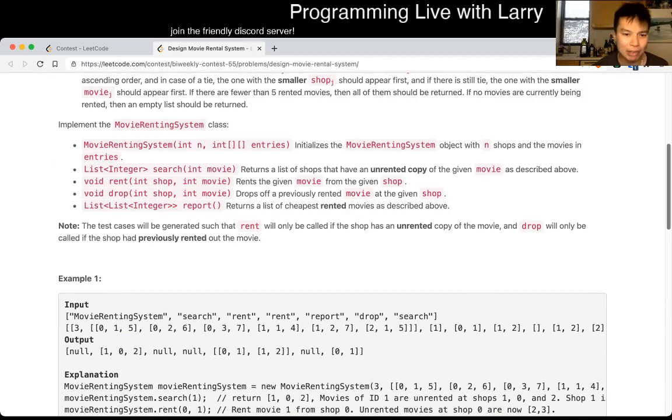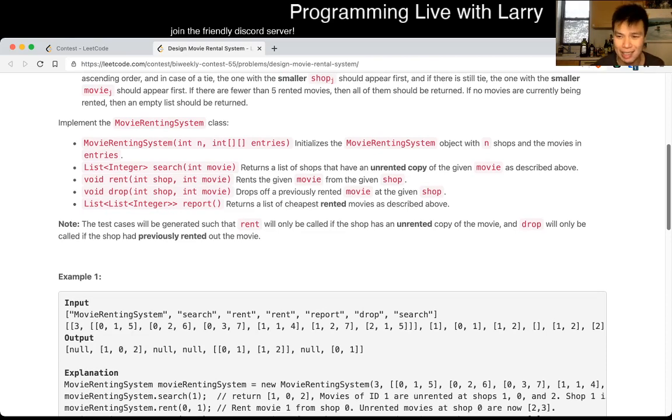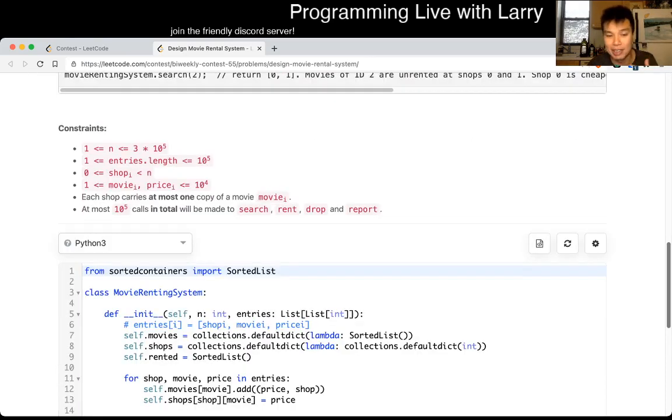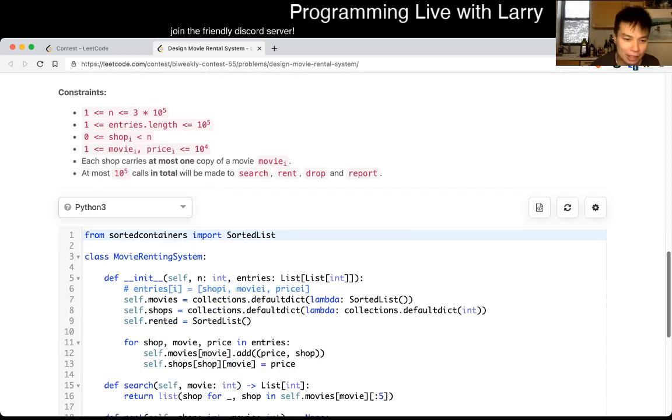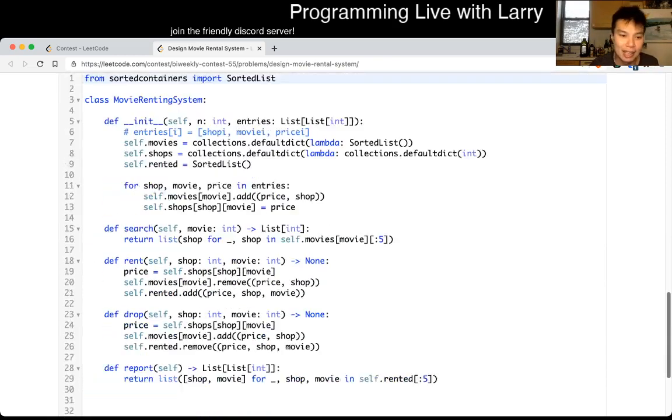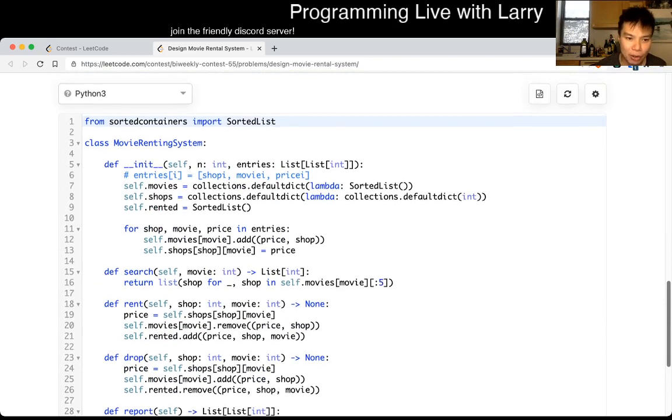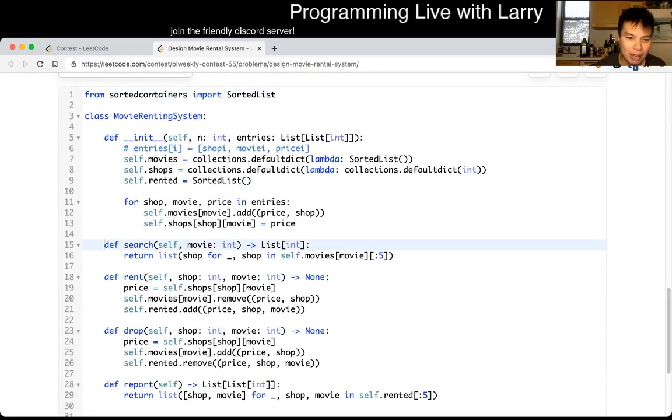And I don't really have a great explanation as to my thought process. That's basically all my thought process was, and you can watch me solve it live after this explanation portion, during the contest. But basically I just go, okay, the first thing I should solve for is search, right? So I need to have something that allows me to get the first 5 items, and it keeps on going, right? It's not a top 5 thing, because